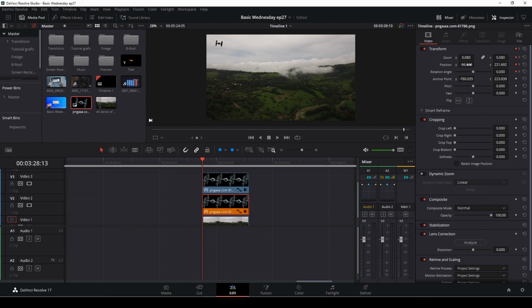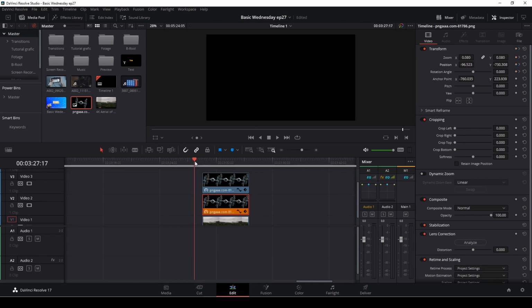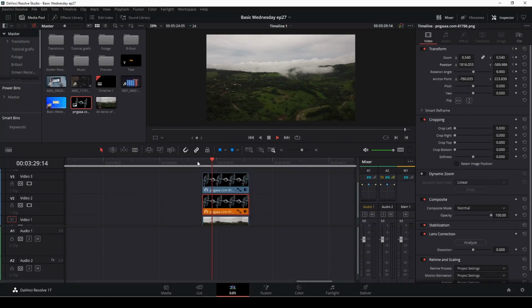And in this case, I am going to go into the position, and I'm just going to move this down because I want to have a little bit of a shadow down here. And I'm just going to run through the clip pretty fast and make sure that it's out of the frame here. So here we have a super fast flying TIE fighter effect inside of DaVinci Resolve, made entirely in the edit